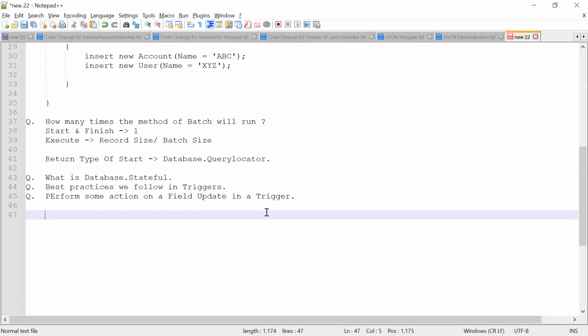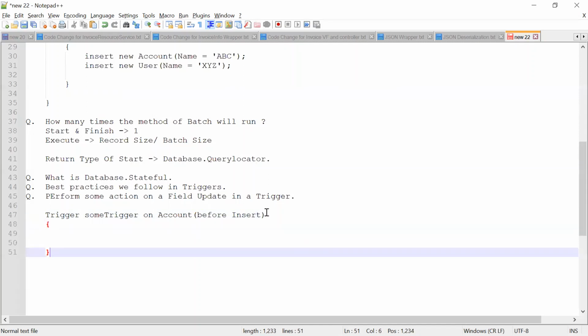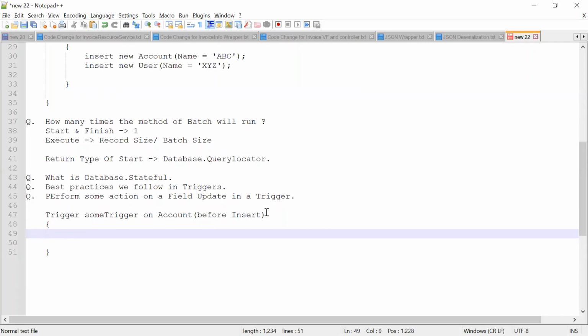Maybe someone will ask you to write that. We will pass the list, the old list and new list, and then about the logic, I'm not sure how I will write it. I will use put dot then IDs and the object. You don't need to put that. So just listen carefully. First, you make a for loop, and that should be over trigger.new, right?